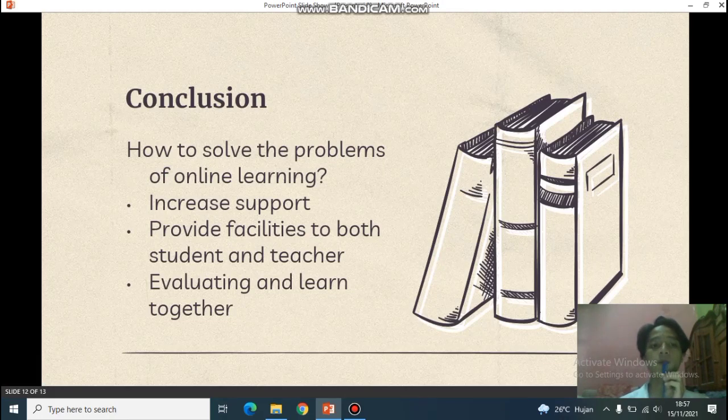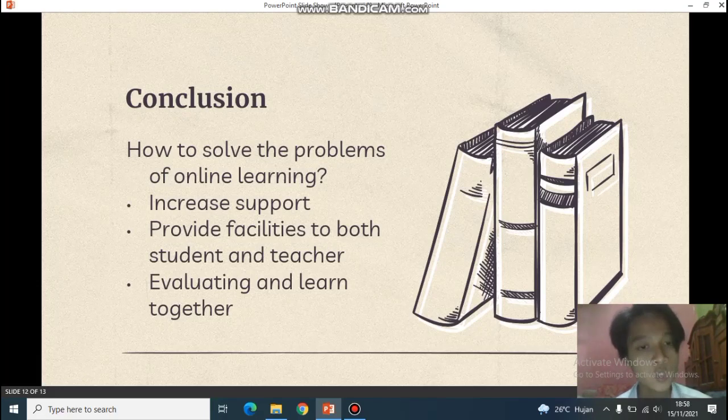Conclusion: how to solve the problems of online learning. The first is increase support, and provide facilities to both student and teacher. This increased support is for the government. Let me just emphasize this argument, because most of the abroad governments take things, especially education, seriously. Like in Finland or Japan, they do help the students, or they do